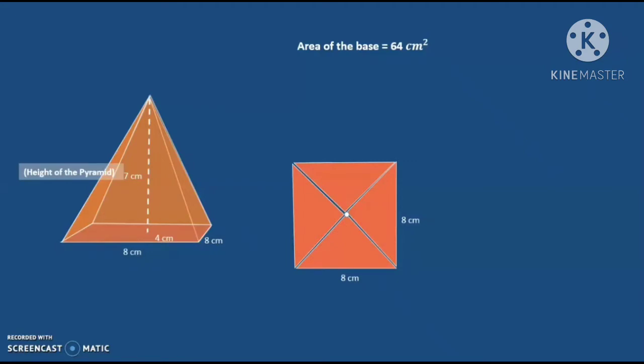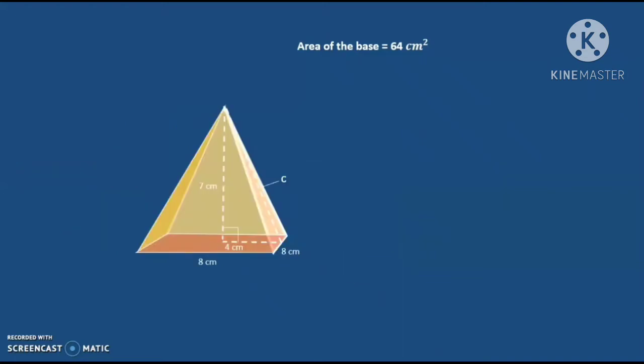which is, of course, the hypotenuse of this triangle. And since the hypotenuse is the height of this lateral face, we can use the information to find the area of this lateral face. So, all we need to do is plug the information we have into the Pythagorean theorem, where a squared plus b squared is equal to c squared.